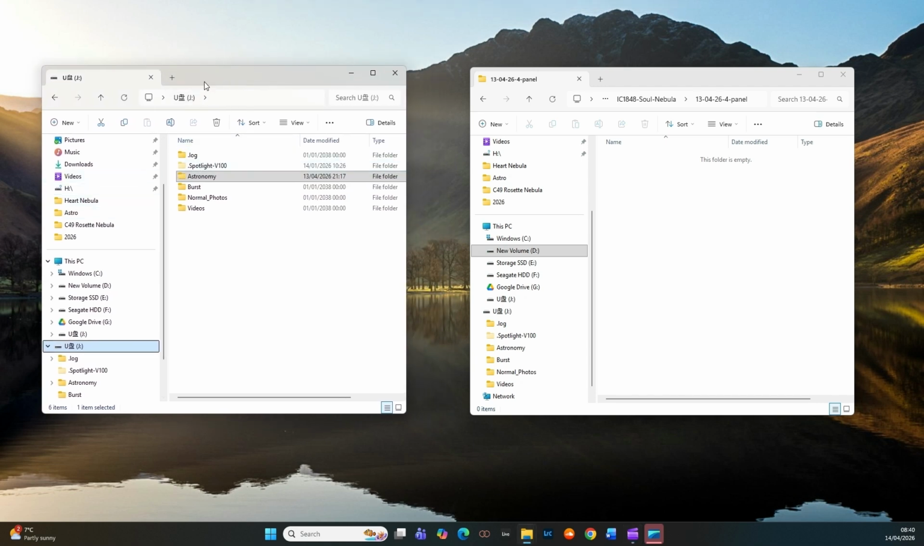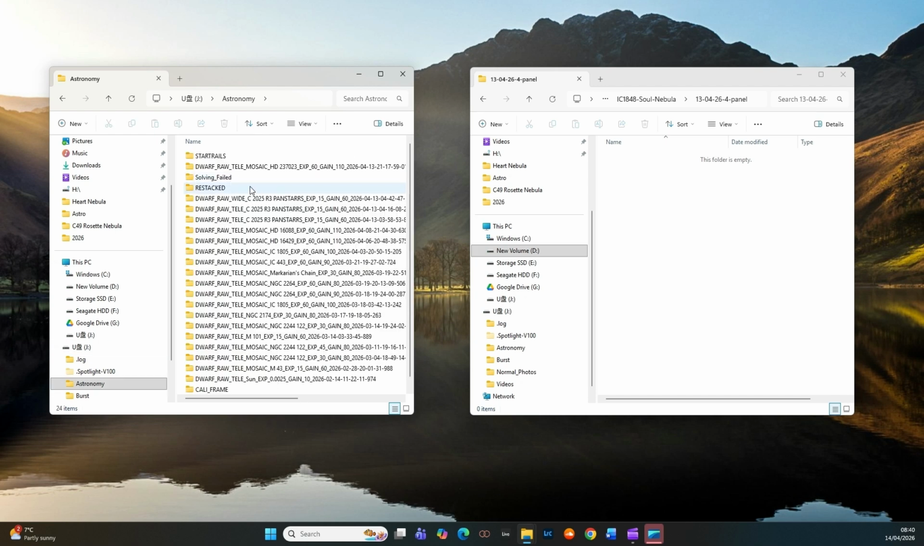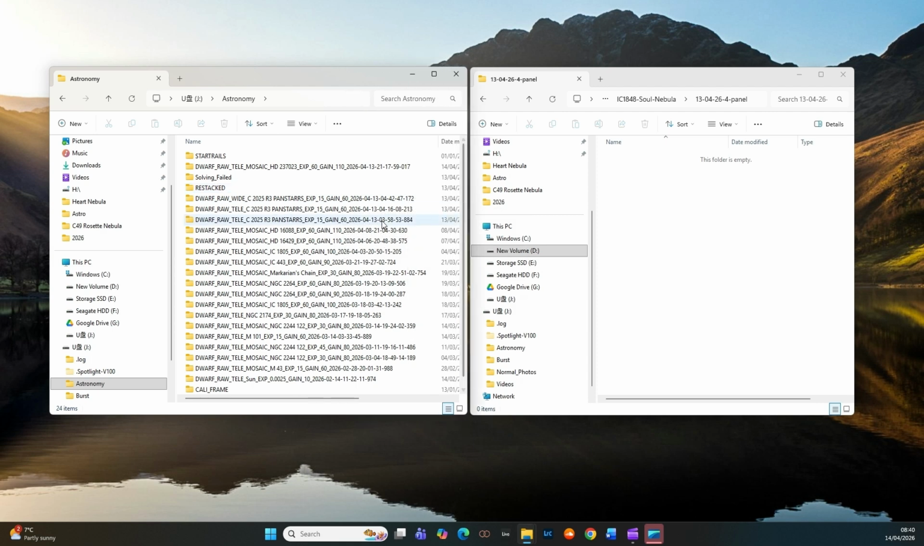This is it on my PC, and the folder that we're interested in is the astronomy folder. So I'm going to open that. We can see in this window all of the sessions that are currently stored on my Dwarf Mini. The one that we're interested in is this one up at the top, this most recent one, which is a 4-panel mosaic that I shot last night of the Sol Nebula near Cassiopeia. So what we're going to do is open this folder,